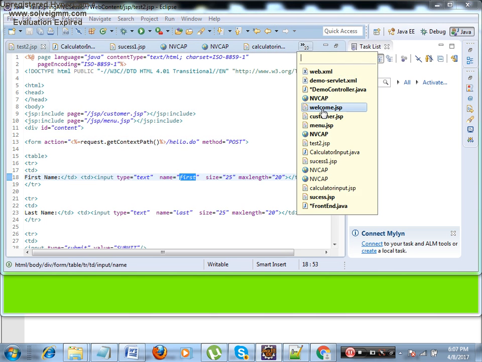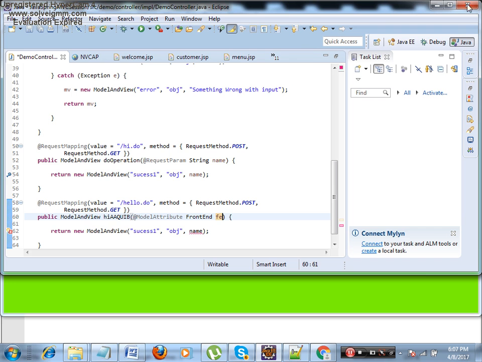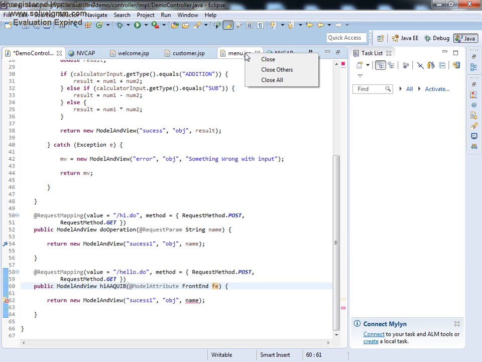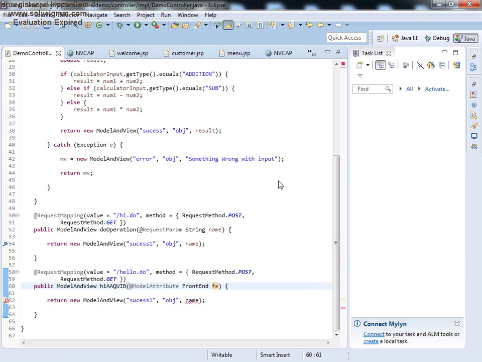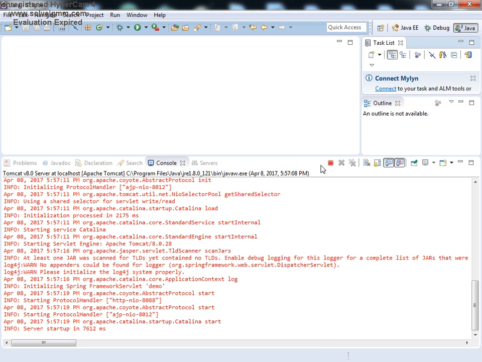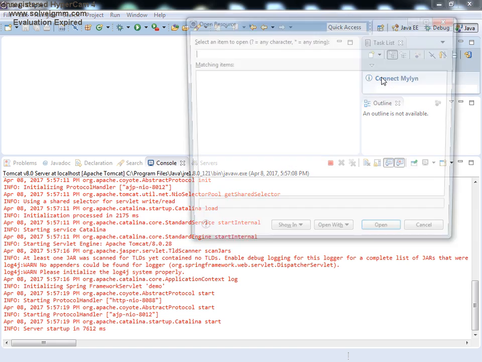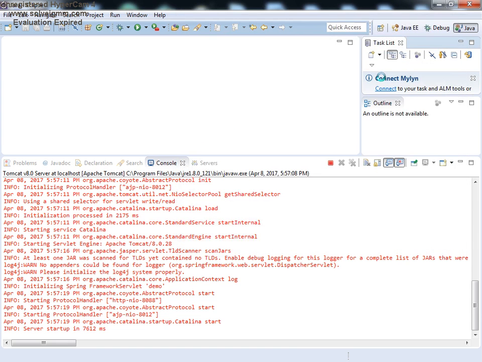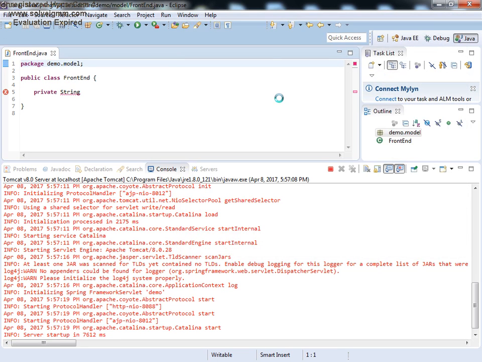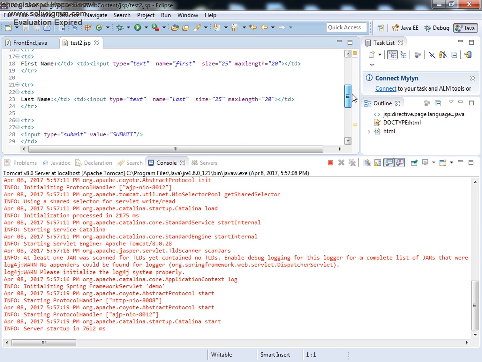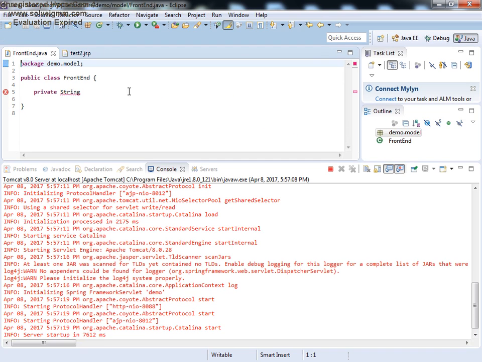Let me close all of them not to create confusion. Save. Control Shift R FrontEnd. Okay, then Control Shift R test2.jsp. So what I have used here is first, therefore in the front end I'll use private String first.